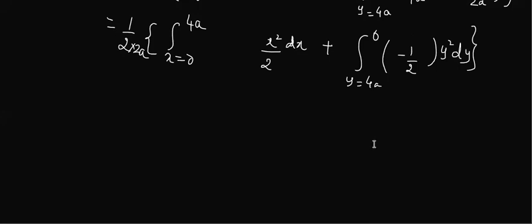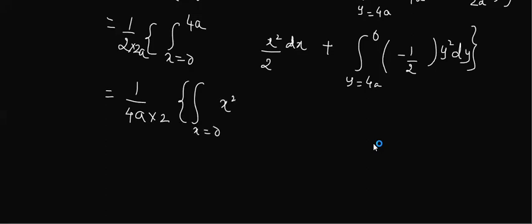Okay, just we'll do one simplification. See, this is a negative value. So if I want to write it as positive, is it okay if I change the limits? Yes, ma'am. So this divided by 2, I will take it outside. So 2 2s are 4a, into one more 2 I'll take. I'll write one step.